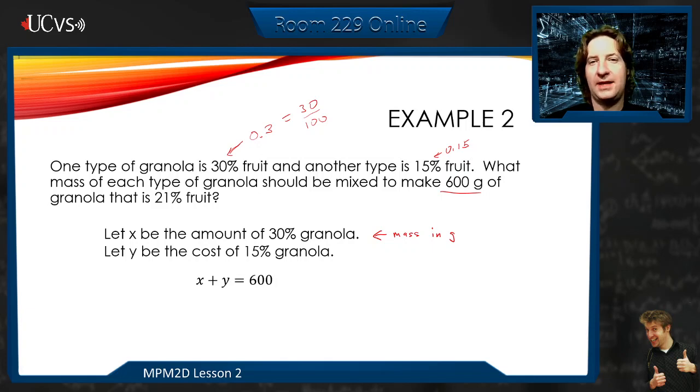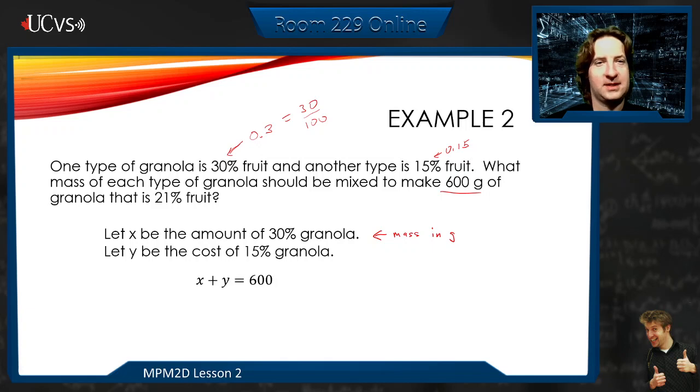So if I multiplied that by 0.3, that would tell me 0.3 times 300 is 90. So that's telling me that there's 90 grams of fruit in that first amount of it. And the same with the 15. If I multiplied it by 0.15, that would tell me how much fruit. And if I added them together, that would get me the total fruit that I want,